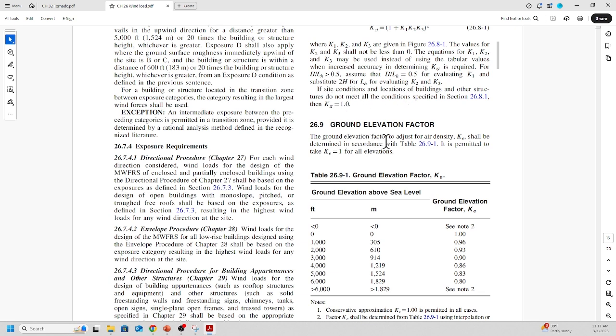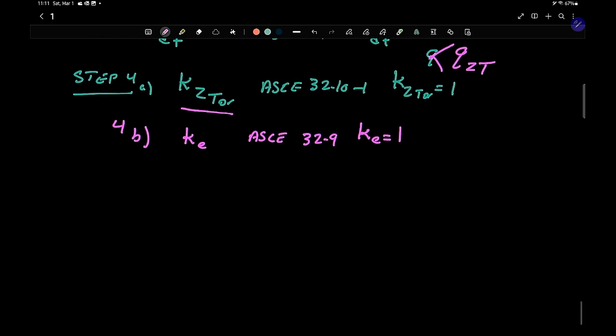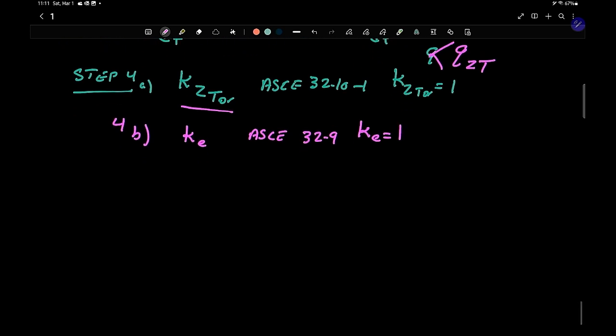26.9 says the ground elevation factor KE shall be determined in accordance with Table 26.9. It is permitted for all height elevation KE is equal 1. So KE is going to be equal 1 right there. And let me go back, and we're going to say KE is equal 1. Next, we're going to go to step